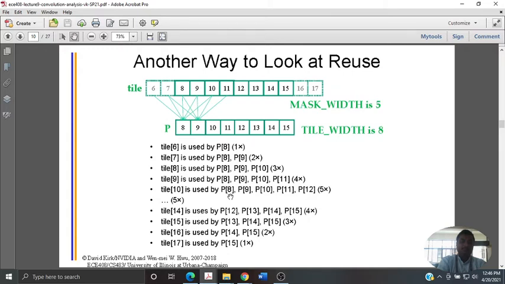So 6, 7, 8, 9, from here the usage keeps increasing. Say after 13 again it is going into decreasing usage of those elements used for computations. So these elements are used so many times. That's what is depicted over there.